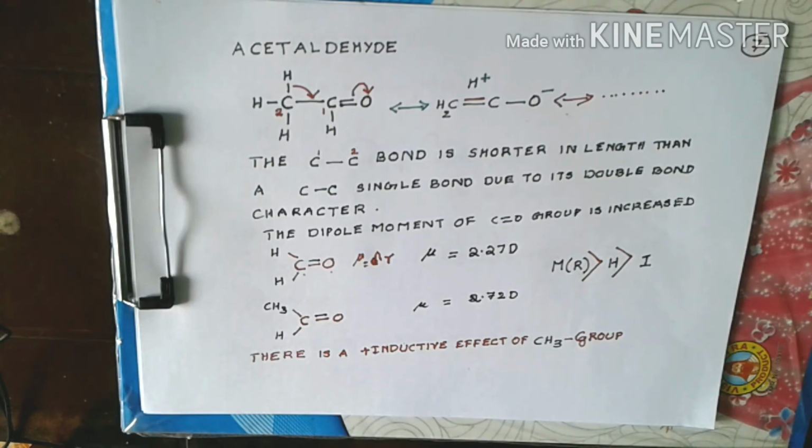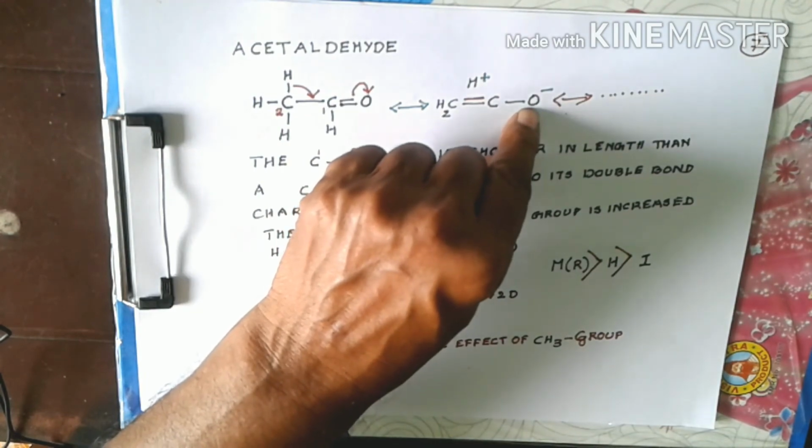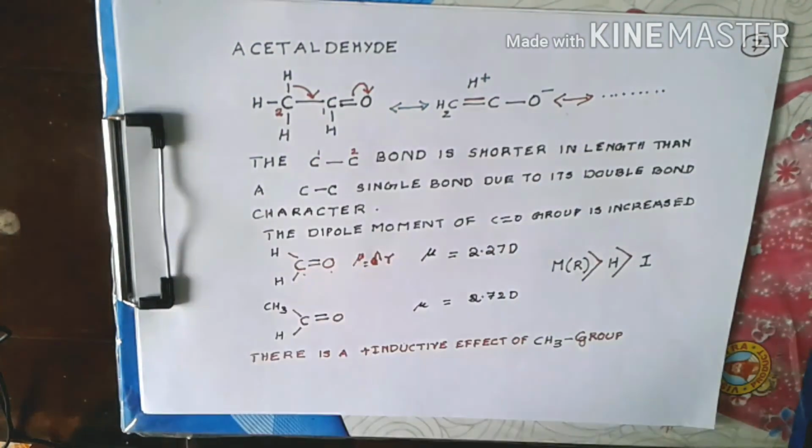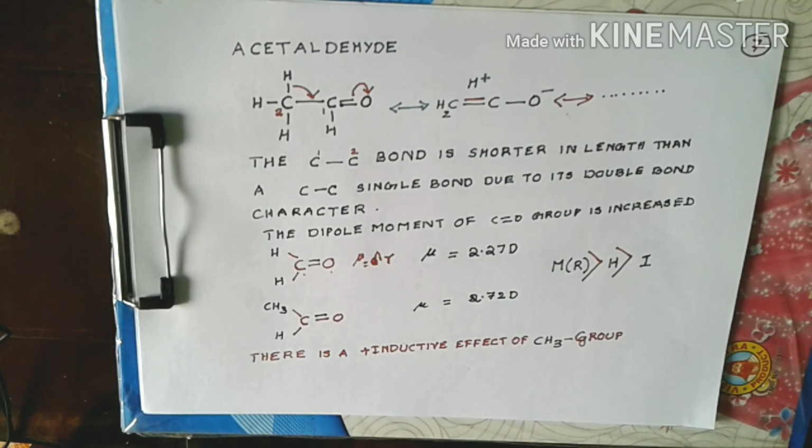In the case of acetaldehyde, due to hyperconjugation, the partial charge over the oxygen atom increases in the resonance hybrid. Now again, the methyl group shows a plus inductive effect that can also slightly increase charge, but the inductive effect is of very little importance when we consider electronic effects. The highest magnitude is that of the mesomeric effect or resonance effect, second comes hyperconjugation, and the inductive effect comes third.